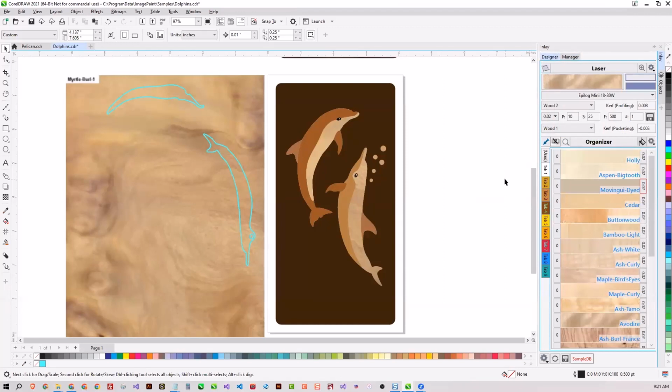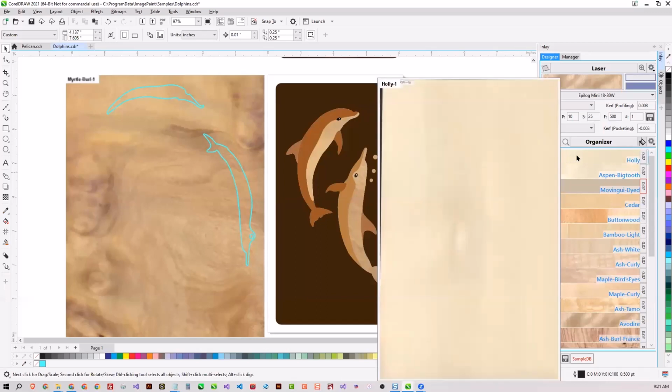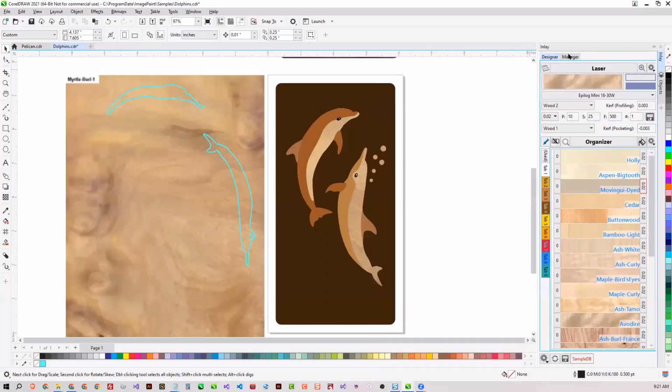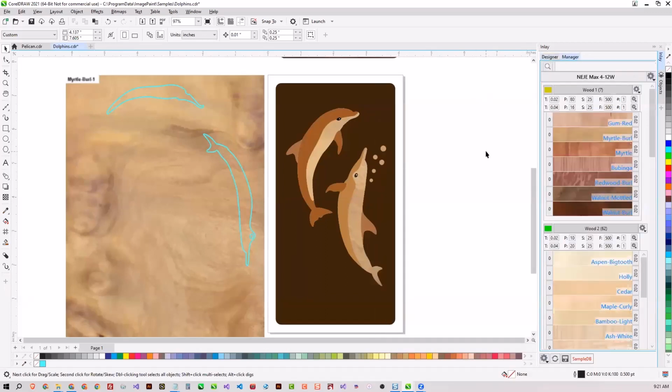All right, the next feature was the ability to add a digital label to your existing materials. Before, we were able to create new material and have ImagePaint add a digital label.